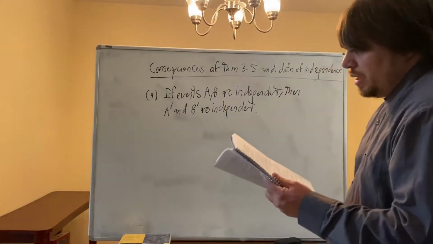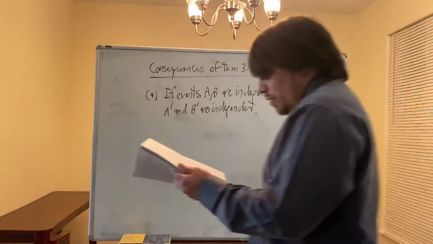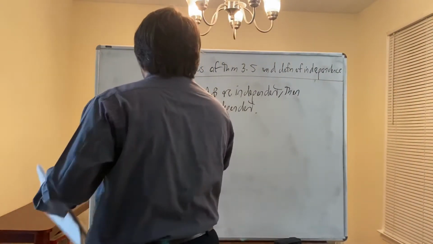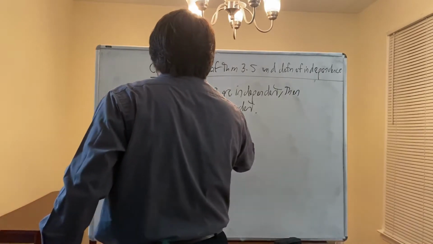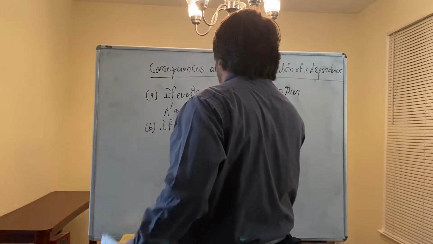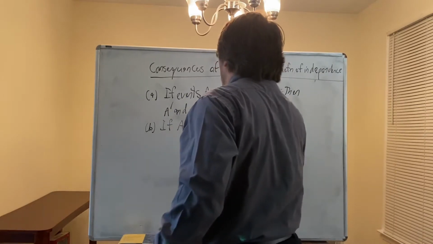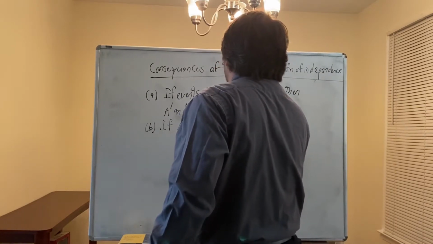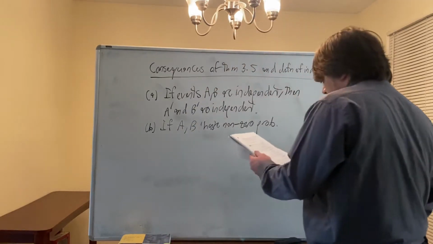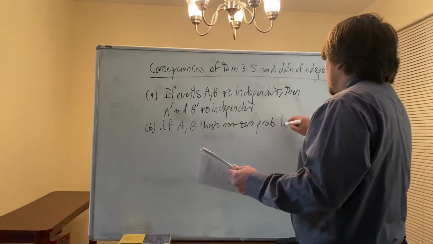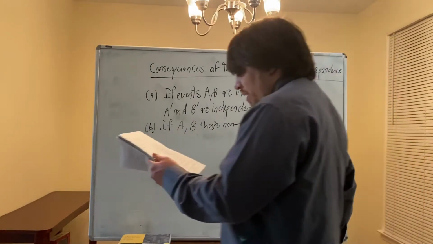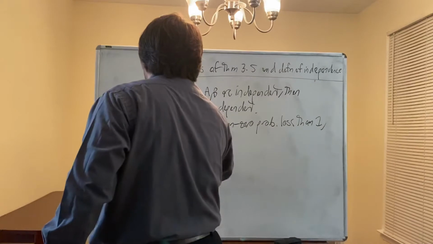Also, consequence B: if A and B as events have non-zero probability less than 1, then they are independent